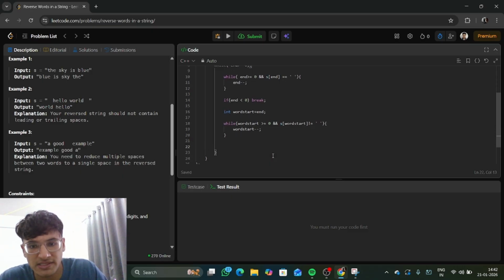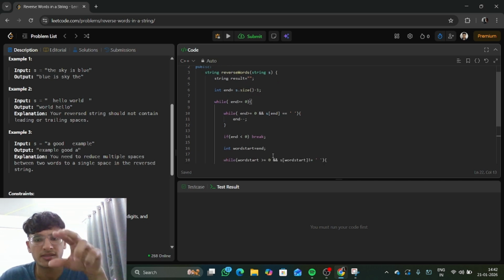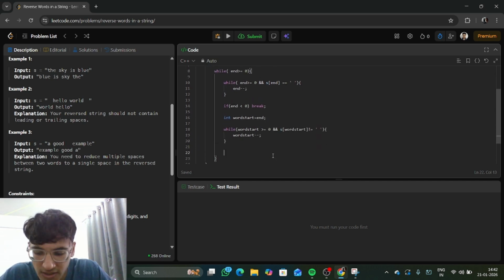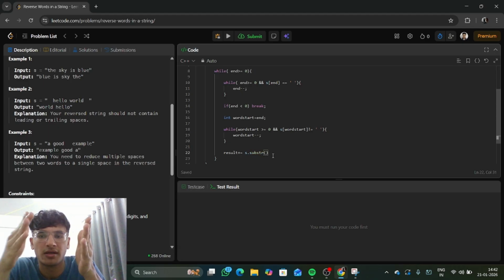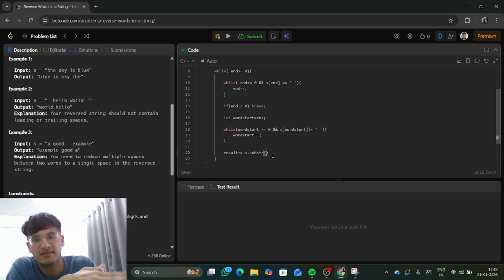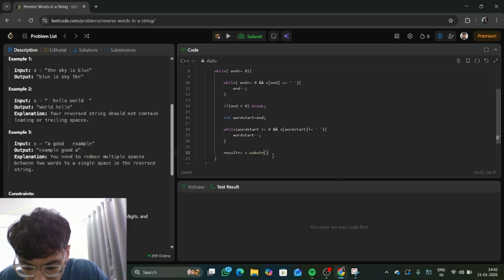And after this, we have to store our answer in the string named result. So result plus equals s dot substring. The reason we are using a substring is that we first have to print the last part of the string, and then we iterate again and again until we go to 0. So in s dot substring, we will write word start plus 1 comma end minus